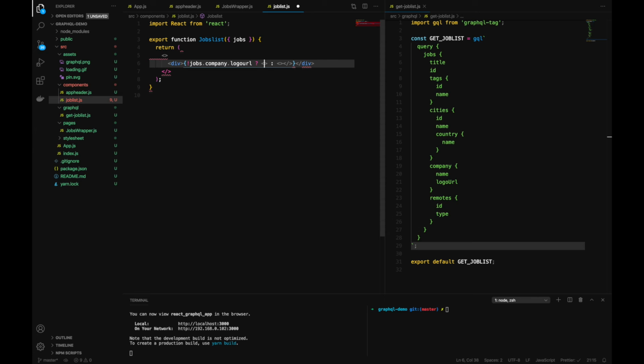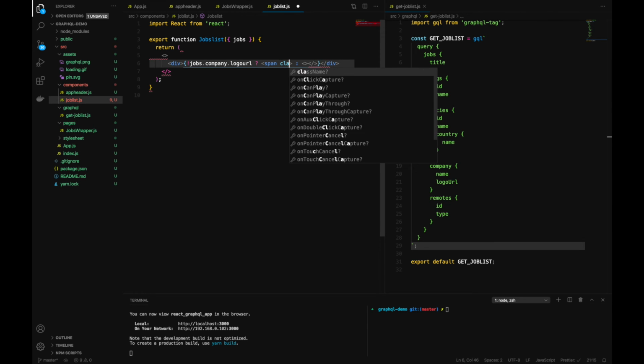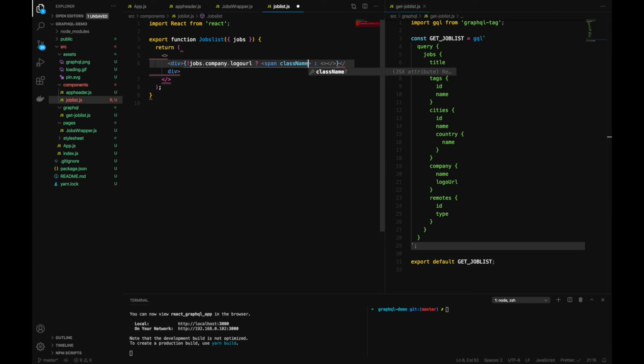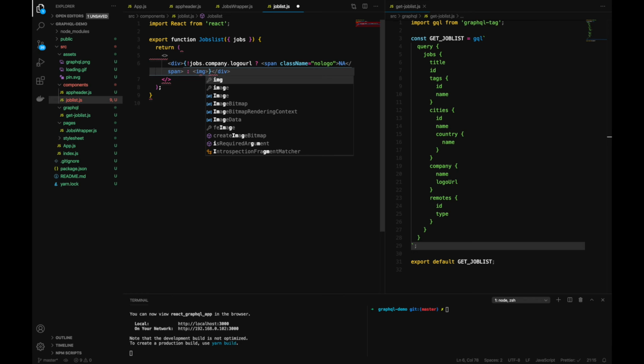So write down span and give it a class name of no logo, and then inside here we have not available, which is denoted by NA, and we'll close down that particular span tag. And in case we do have the logo, then we'll print the logo inside our img tag. So the class name would be brand logo,